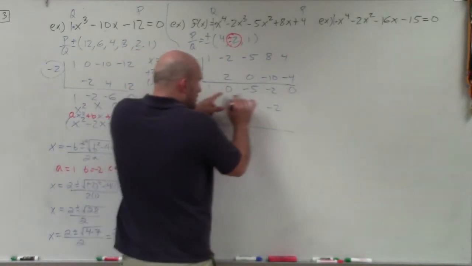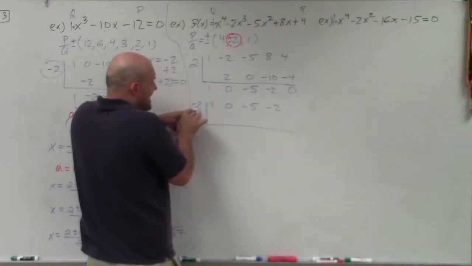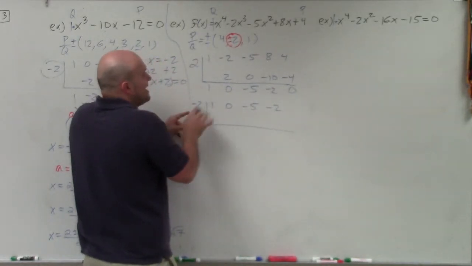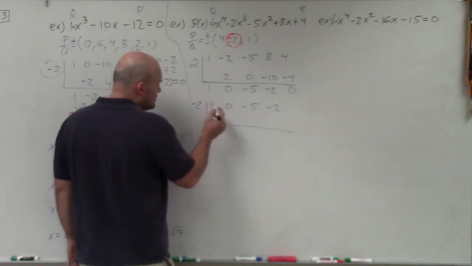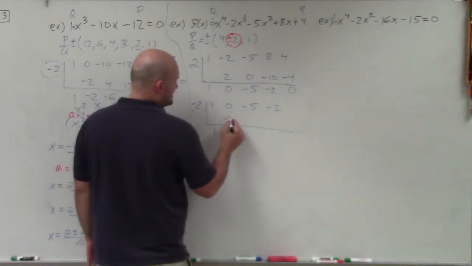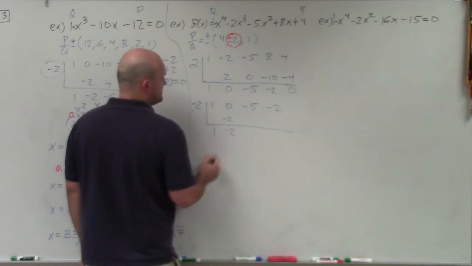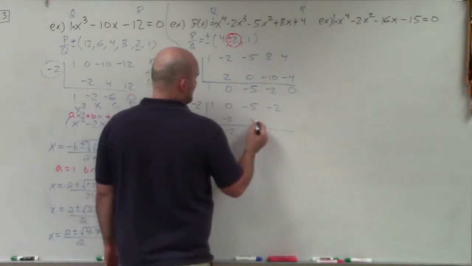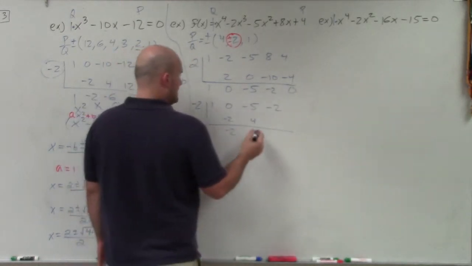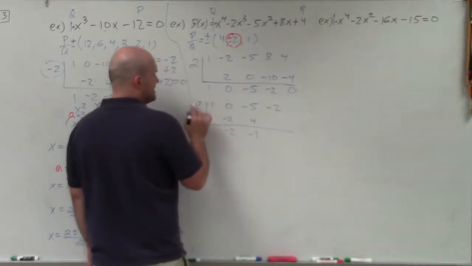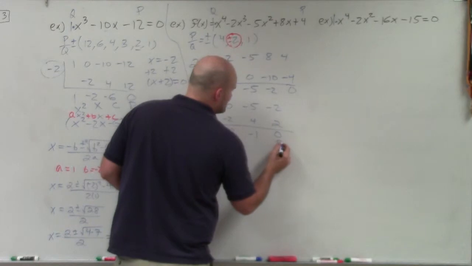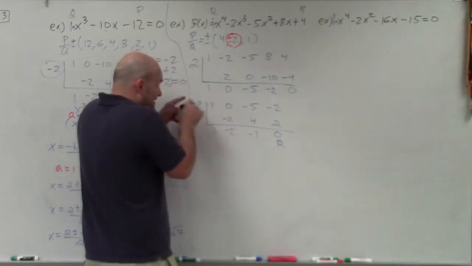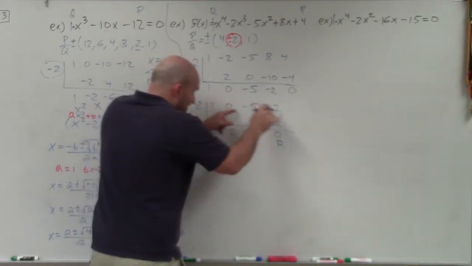So now let's take our previous coefficients and divide them using synthetic division by our other factor, which again I found by graphing the polynomial. So I bring down the 1. 1 times negative 2 is negative 2. 0 plus negative 2 is negative 2. Negative 2 times negative 2 is a positive 4. Negative 5 plus 4 is going to be a negative 1. Negative 1 times negative 2 is a positive 2. 0. So now I have 0 as my remainder, which tells me that negative 2 is a factor of this factor